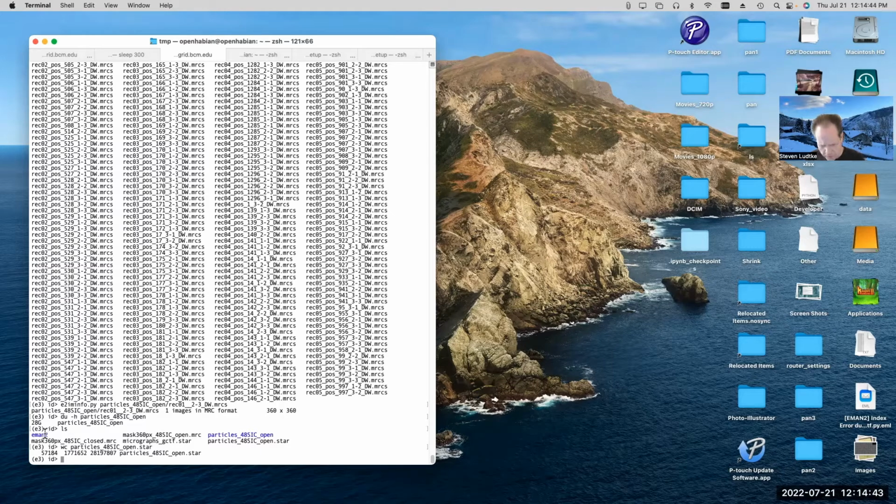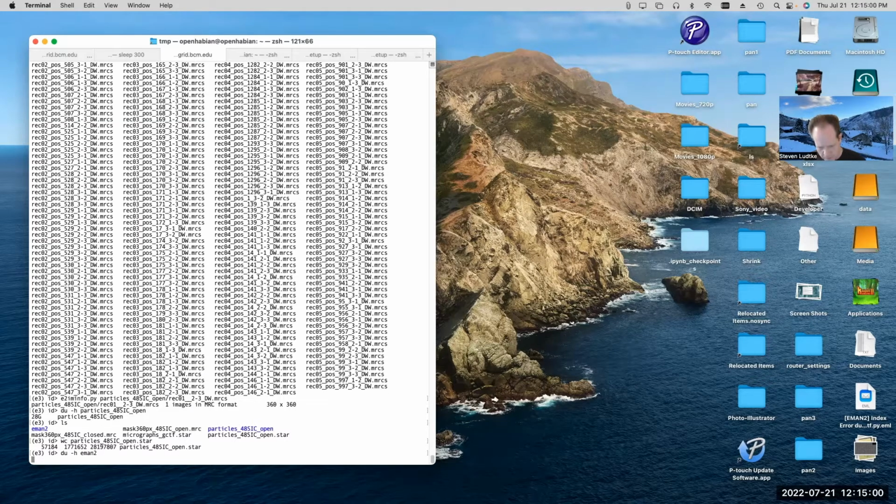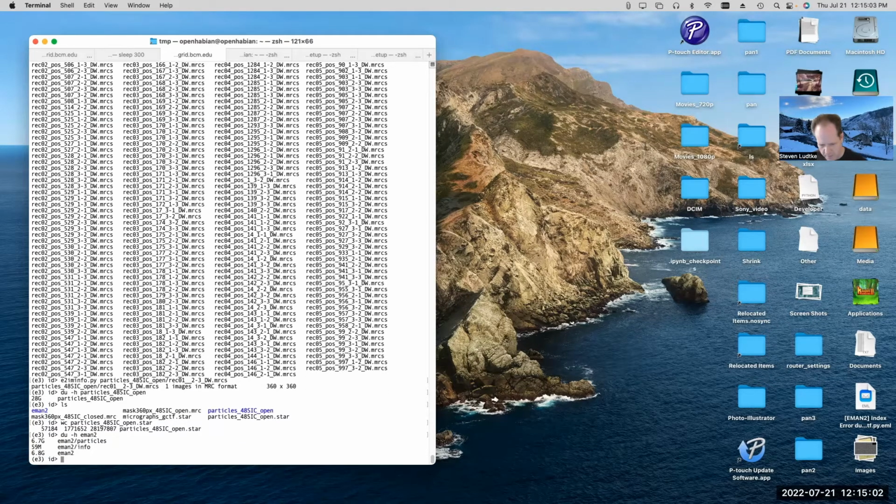The EMAN2 folder is a folder that I produced by importing the data into EMAN2, and we'll talk about that in a minute. But I will point out one useful thing, which is if we run that, the EMAN2 representation of exactly the same data is only 7 gigabytes, not 28 gigabytes. So it's reduced in size by about a factor of 4. And that relates to the data compression paper that I emailed out in the link this morning that people should look at.